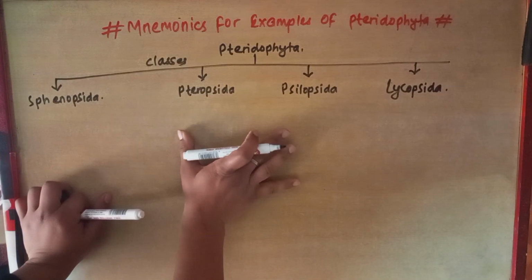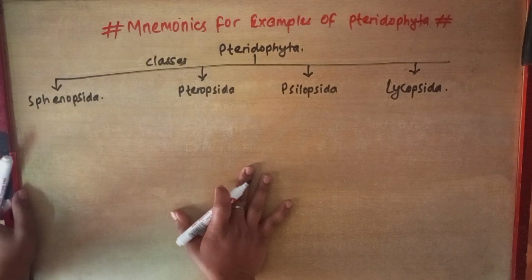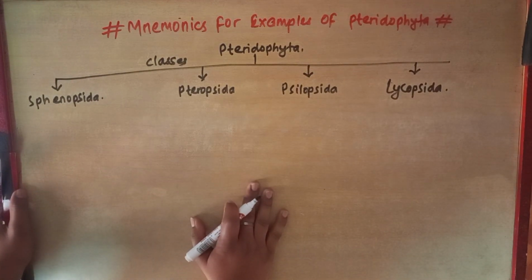So these four are the classes of Pteridophyta, and in Pteridophyta there is no mnemonics for the